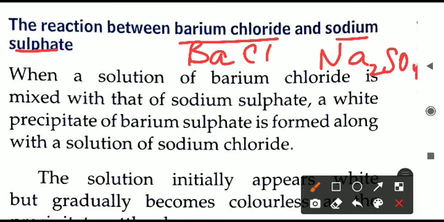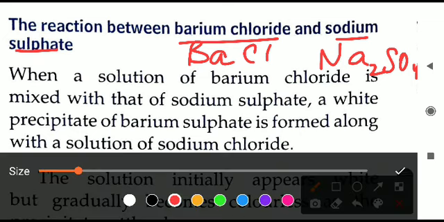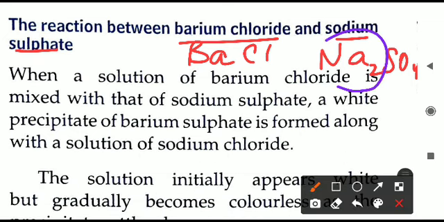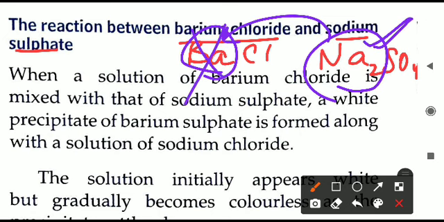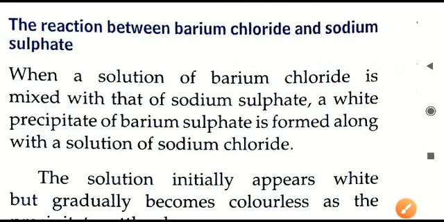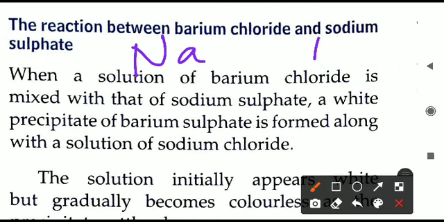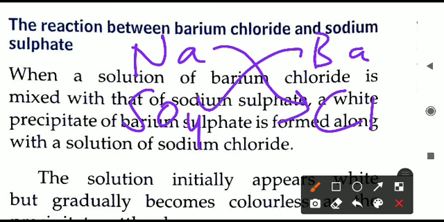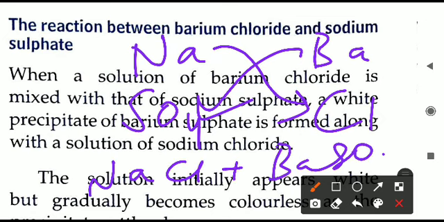So BaCl2 plus Na2SO4, what will happen? Again the reaction between two metals will take place. What are the metals? Sodium metal and barium is another metal. Sodium is more reactive, so it will take the position of barium and combine with Cl. Let us understand in this manner, sodium and barium are with chlorine and sulfate, so BaCl2 and Na2SO4. Now Na will combine with chlorine, Ba will combine with SO4. So what will be produced? NaCl will be produced, and second, BaSO4 will be produced.